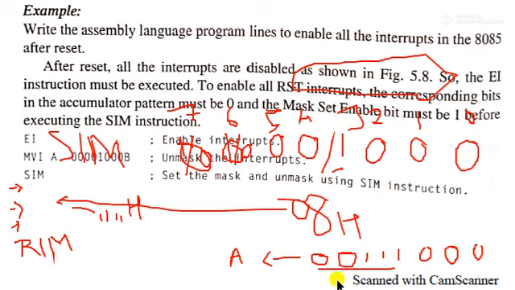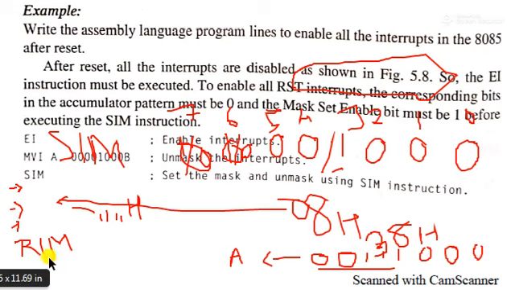So it is not 2, it is 3H, that is 0 0 1 1 1 0 0 0, that is 38H. So 38H will load at the accumulator, and we have to use another location to see this value.